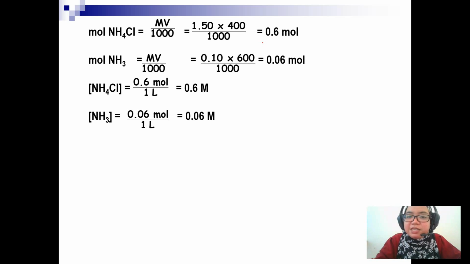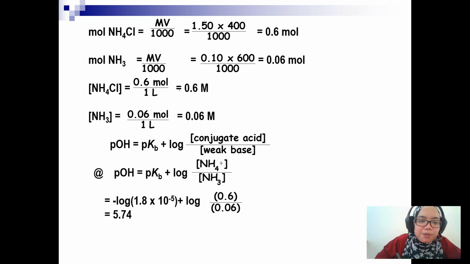Okay, so macam ni nak cari yang baru, kita kena cari mole dulu. Lepas cari mole, baru kita cari dia punya new concentration. Sebab apa? Dia punya mole dia akan sama. Maksudnya dia punya total amount of molecule dia sama. Yang beza dia kepekatan dia. Sebab apa? Sekarang volume dah bertambah. Kan, betul tak? Sebab kita dah campur dua acid dengan base kan, yang berbeza. So volume dah lain. Okay, so now bila kita dah dapat new concentration of NH4 dengan ammonium chloride dengan ammonia